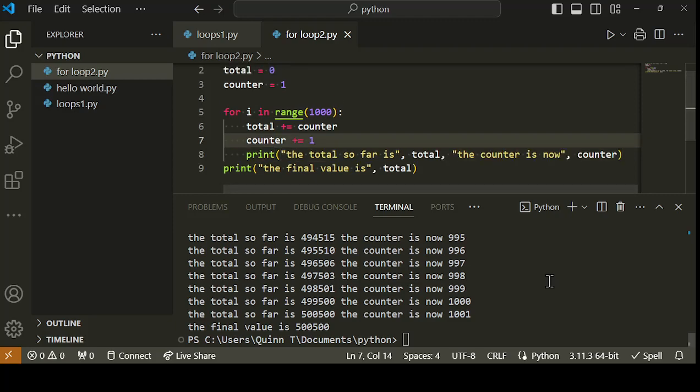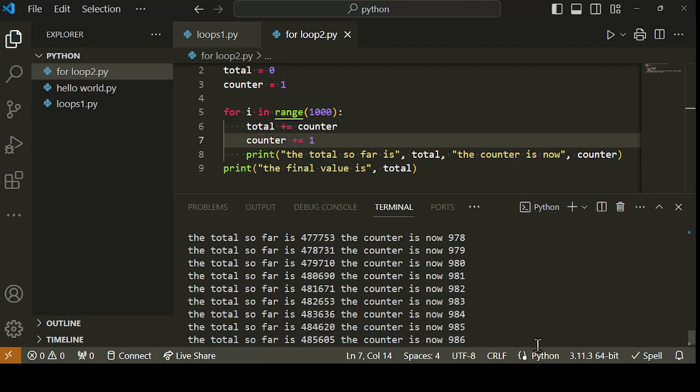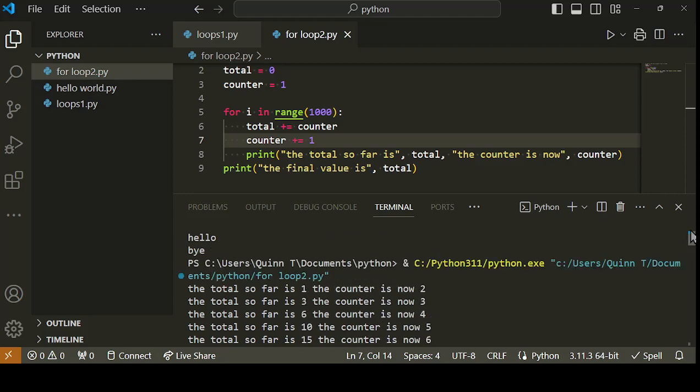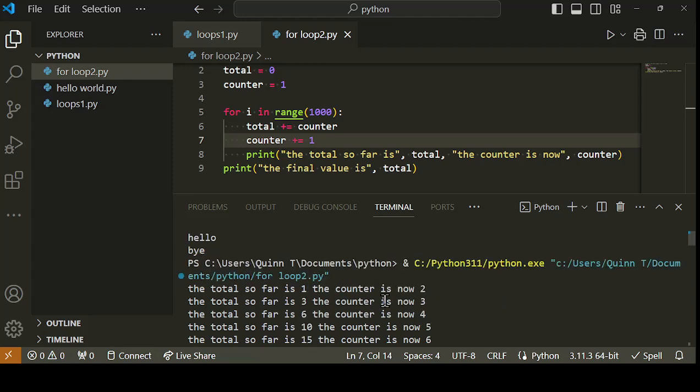If I scroll through it, I'm not sure if it will show every line because it was quite a lot of lines there. Sometimes it limits the number of lines that you can do. Let's scroll up. Okay, there we are. So it starts off at 1 and then the counter is 2. It adds that to the 1 we've got. 3 adds a 3 to 3 we've got so far. 6. Then adds 4 to the 6 to get 10, adds 5 to 10 to get 15, and so on,